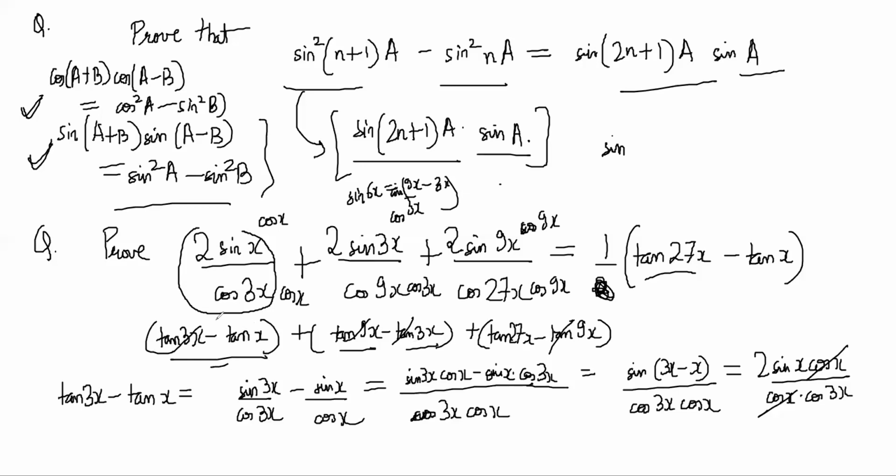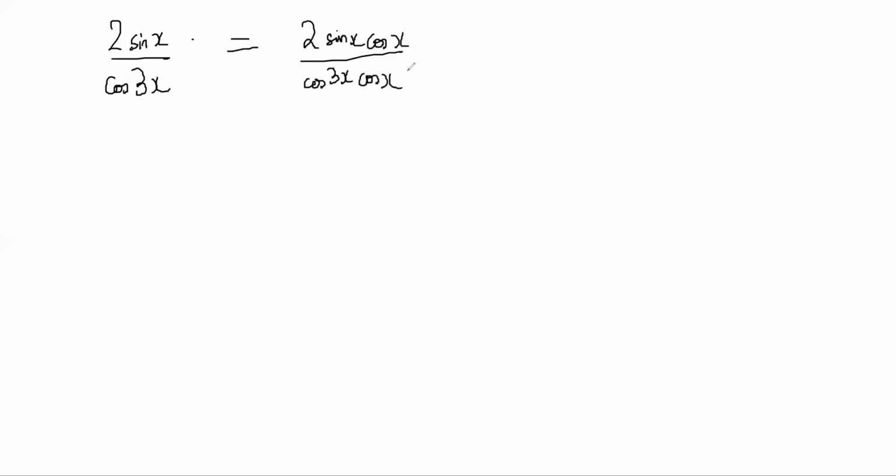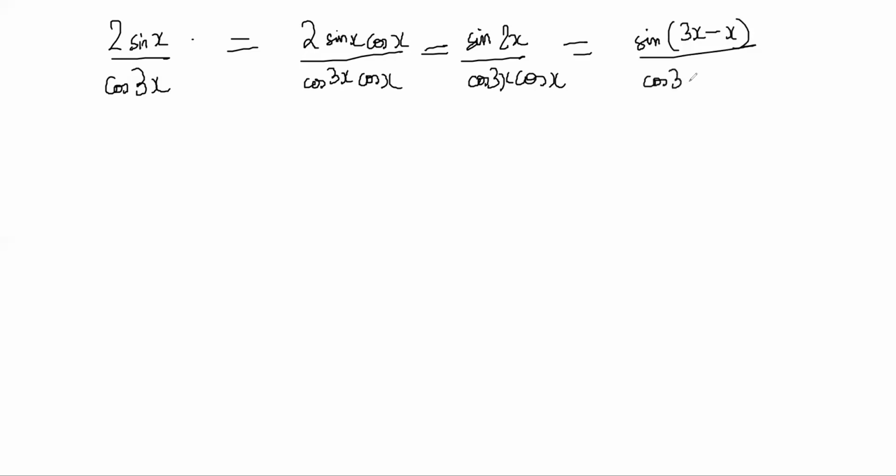You understand? One second, I will do it on a different one. In the last step, we got 2 sin x by cos 3x, right? So 2 sin x there, by cos 3x. Here, how do we get it in tan form? See, I will just multiply by cos x, by cos 3x cos x. This becomes sine of 2x, right? By cos 3x cos x. This becomes sine of 3x minus x by cos 3x cos x. That becomes sine 3x cos x minus cos 3x sin x